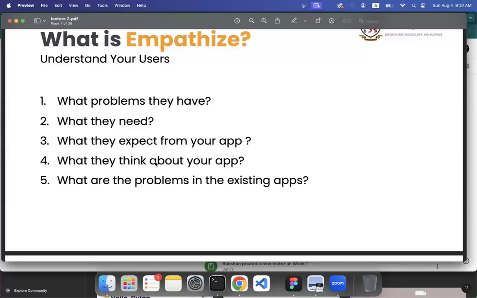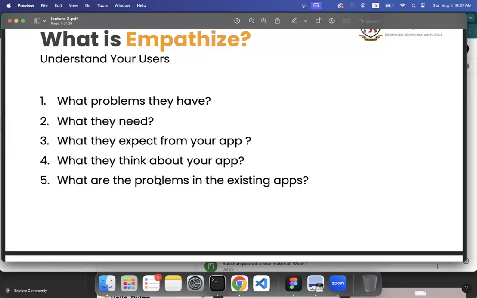So after you give them the prototype, you can ask this question, what they think about your application. So they will answer. If they have prior experience with any other application, they can compare. So is our application good when compared to some other banking application they already have experience with? And they will give you good feedback about your application. If it is a bad user flow, if it is responding really slow, if it is hard to understand what they have to do in order to send money, they will tell you exactly what they require and what they think about your application when you interview them